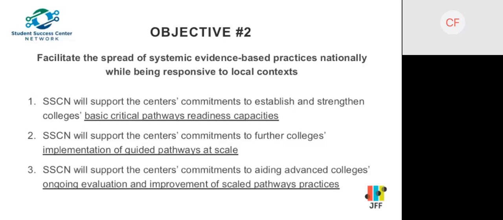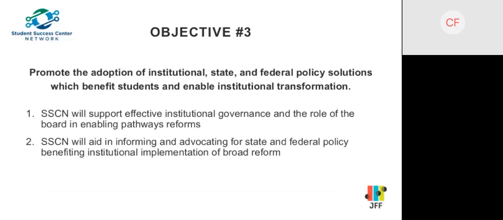If you could move to Objective 3 for me, thank you. Objective 3 is about policy issues. So in Texas, we have a Board of Trustees Institute where we help the trustees think about their role as a board member, as a board of trustees, in helping to enable these kinds of institution-wide transformation. And I know some of your states have some really great work that you're doing with trustees as well. And so institutional policy is something that I would love for us to share what we're all doing and help each other elevate those practices.